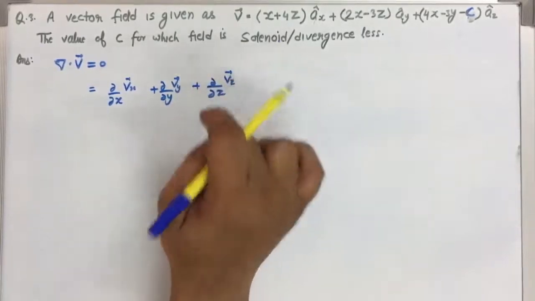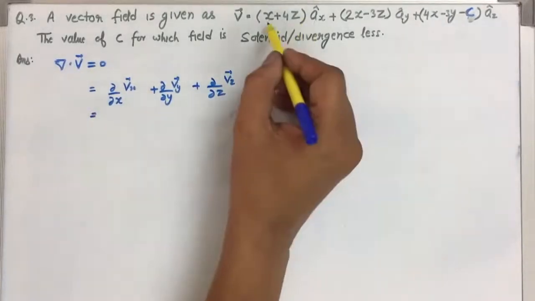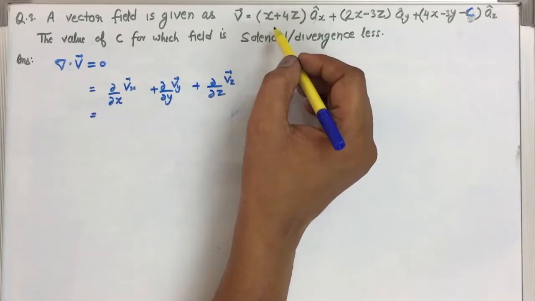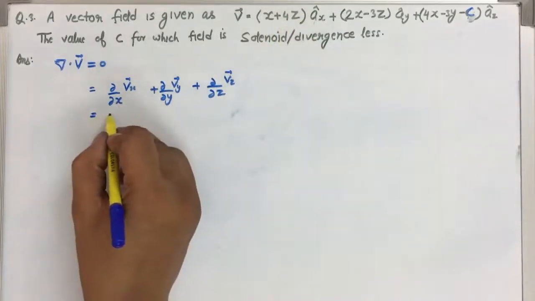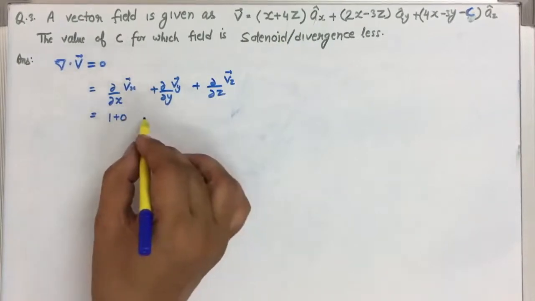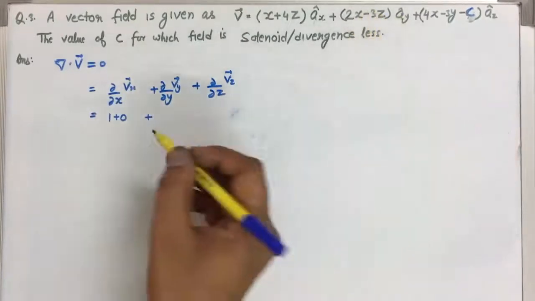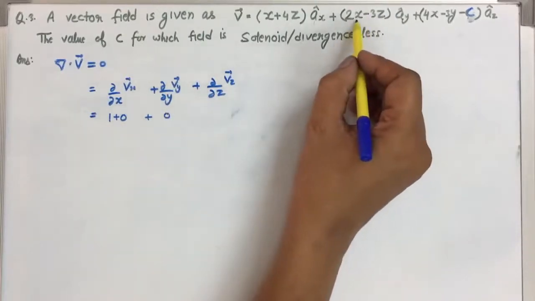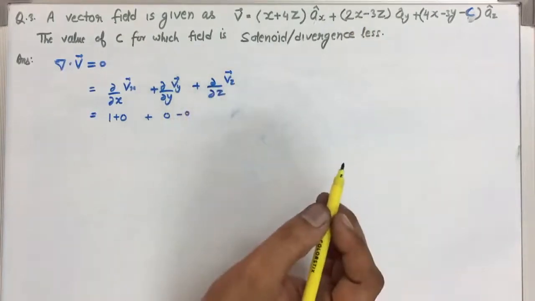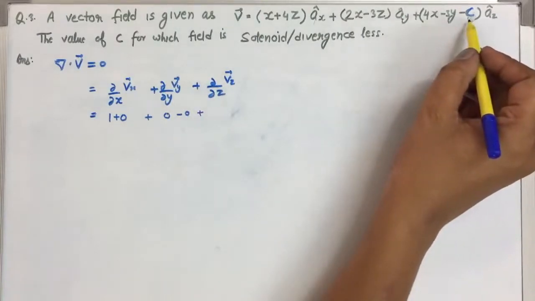Sorry, Vz. Now simplify this. Vx is this. Do partial derivative with respect to x. It will give you 1 plus 0. Yes, 1 plus 0 plus. Do partial derivative of this with respect to y. Derivative of this with respect to y will give you 0. Now derivative of this with respect to